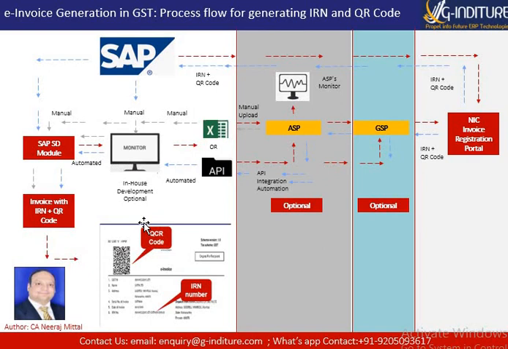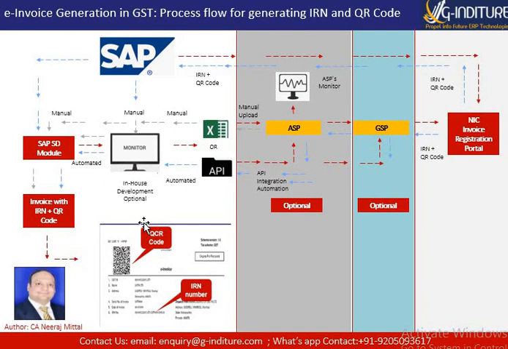Now these are the benefits and drawbacks. In GSP, obviously the ASP charges are not there. If you integrate directly with GSP, the charges would be mostly the API consumption which you will use, or, if you are uploading through an Excel sheet, the number of entries or whatever your commercial arrangement may be. Coming to NIC, you can also directly integrate with NIC.